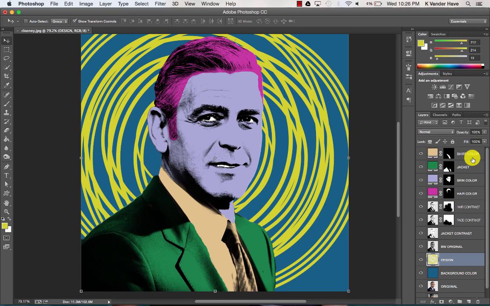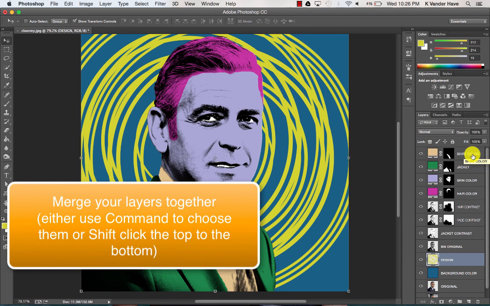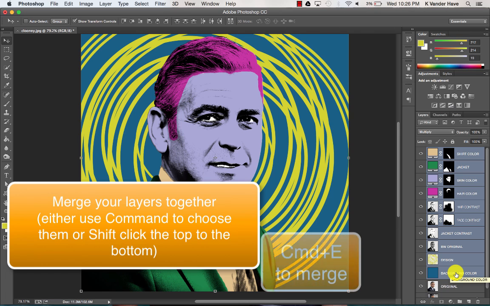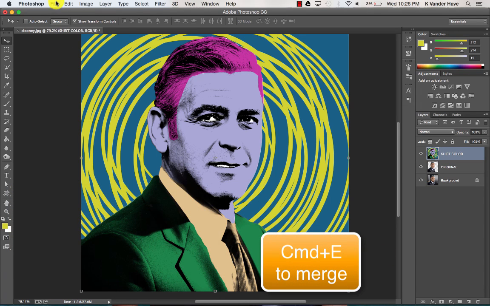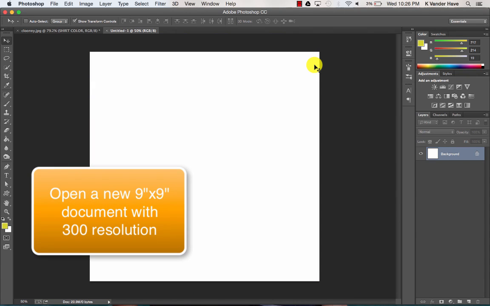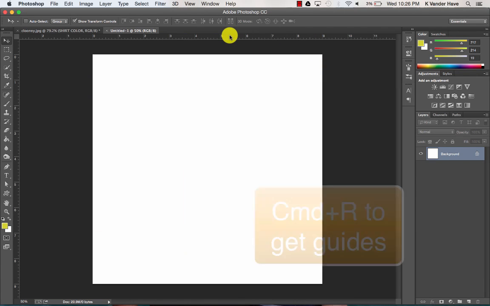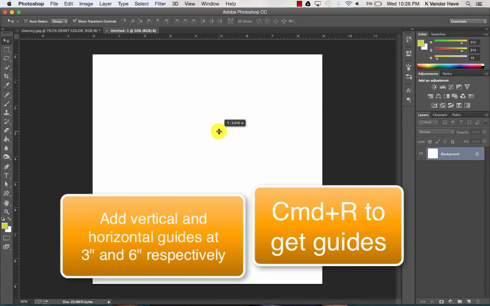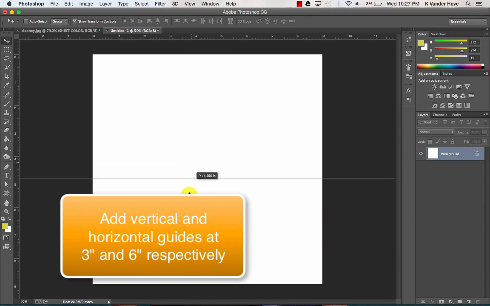So from this point, all we need to do is merge all of our layers into one after you have it saved. So I'm going to choose all of my layers, clicking the first one, hitting Shift, going down to my background color. Command E to merge them together. Now you're going to open up a new 9x9 document. If you haven't done so already, you're going to use your guidelines and set them up at 3 inches and 6 inches. And your vertical guidelines at 3 inches